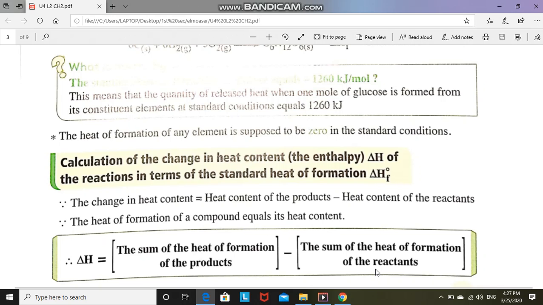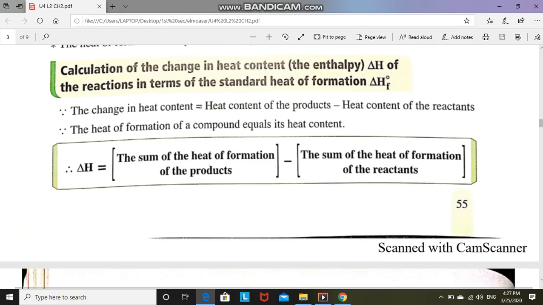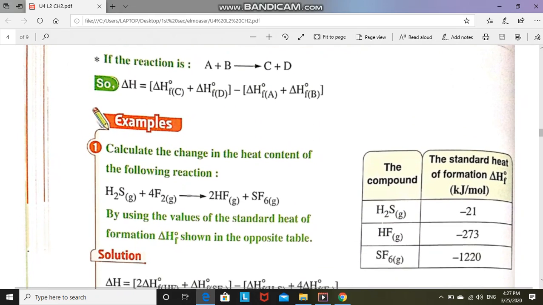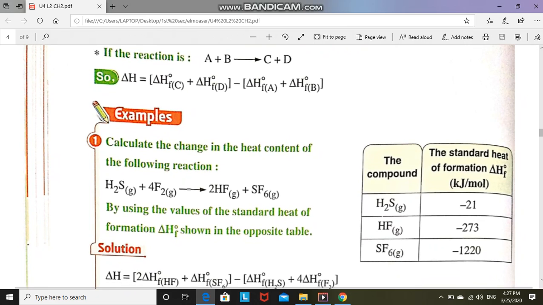We will say a note here: heat of formation of reactants will all take a negative sign. Okay, we will take an example for this. If we have the reaction of an element with another element that produces two compounds. Okay, so delta heat